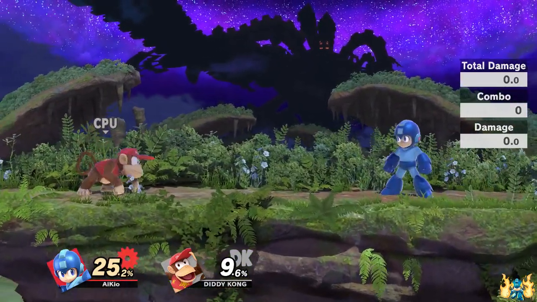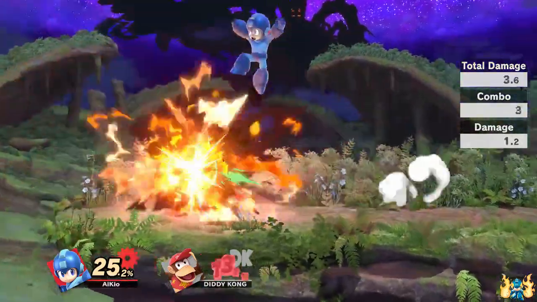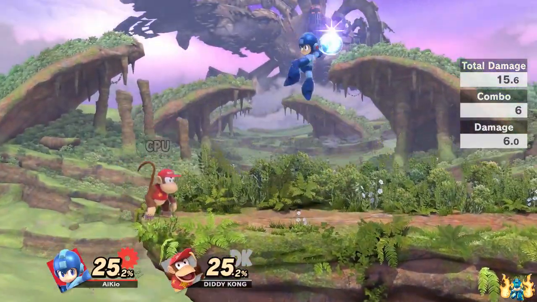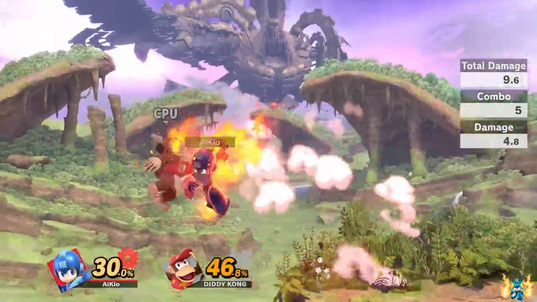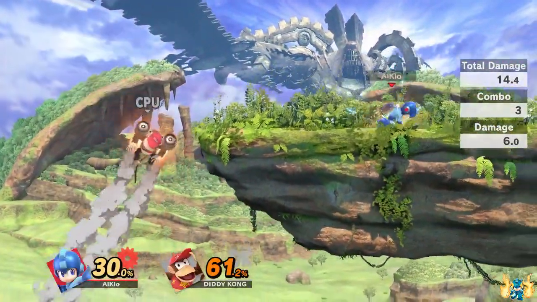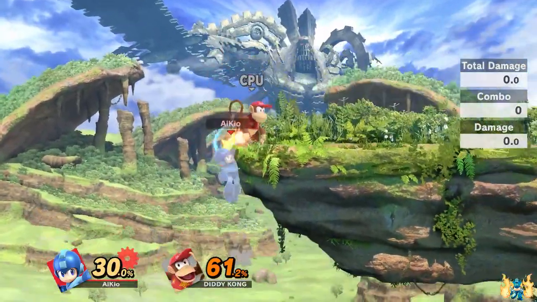Which means that you can do some pretty neat follow-ups with it, like this. You know where it's gonna be, so you see it's gonna explode. Boom, you're waiting for him there. You can do it. I personally prefer doing it with back air, just going and following up on that. I also love catching them with the